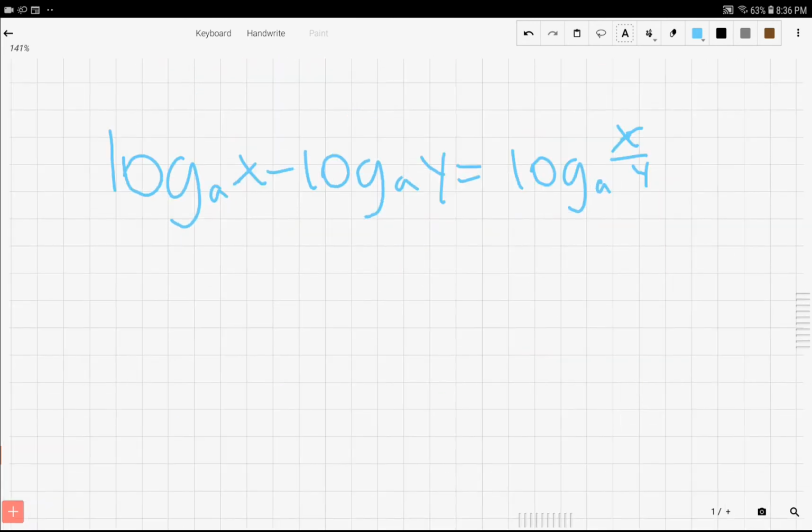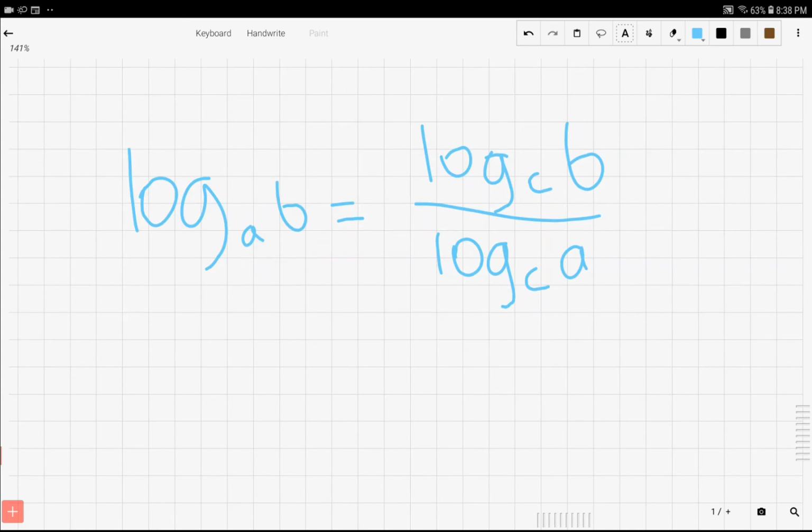Now it turns out you can do a similar thing with subtracting logs. And this is what you get. Instead of multiplying, it divides. And this is also pretty easy to figure out if you assign values to these and convert to exponential form and do some manipulating. Now this next one is known as the change of base formula, and it is also a pretty common identity,